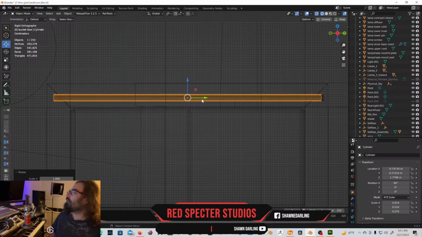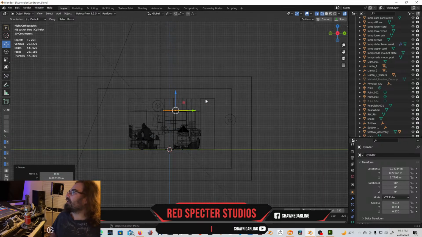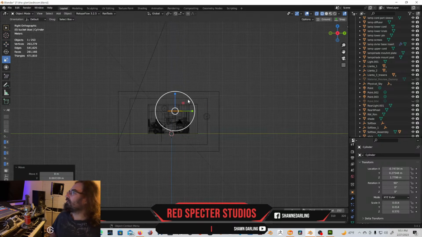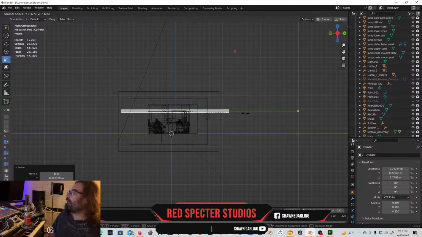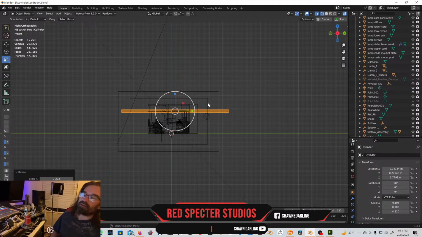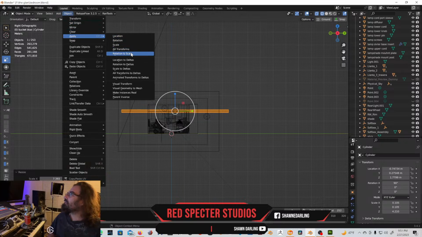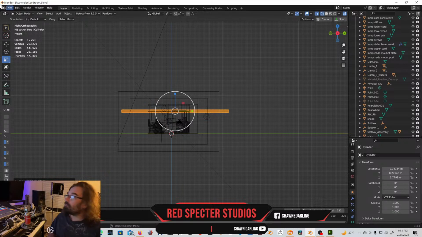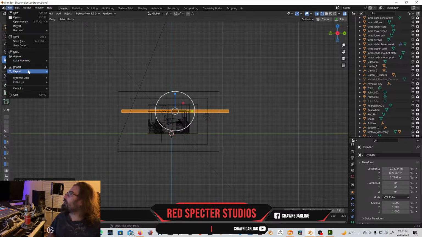Move it over a little bit, and then I'm going to take it and just scale it up considerably, because the ratio will be right. We just need to make a curtain half that size and then mirror it. So now with this object applied, its rotation and scale, we don't need UVs on it. We're just going to export that cylinder out